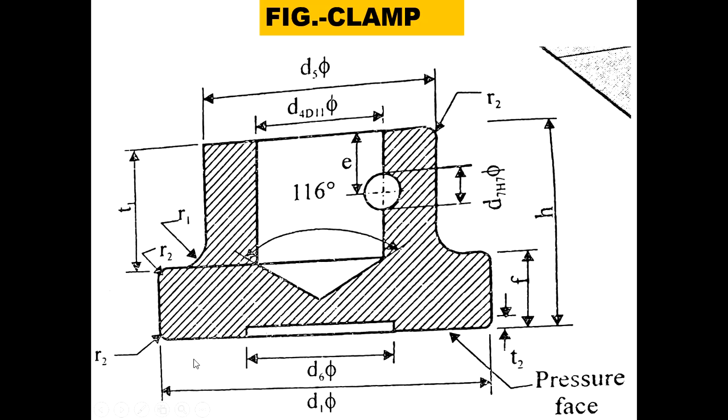Okay, so this is how we can go for detailing of the parts. So this is the clamp we are using. Again, different types of standard clamps are available in the standard table, and we can select the clamp from the standard table. So this is how we can design a jig or fixture for the component. The only difference is that in the fixture there is no guiding element, whereas the locating and clamping elements will be the same as we are using in the jig. So that is the only difference.